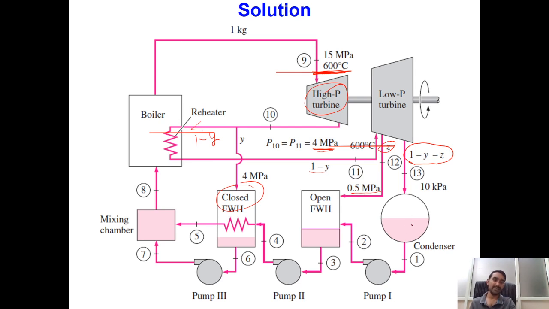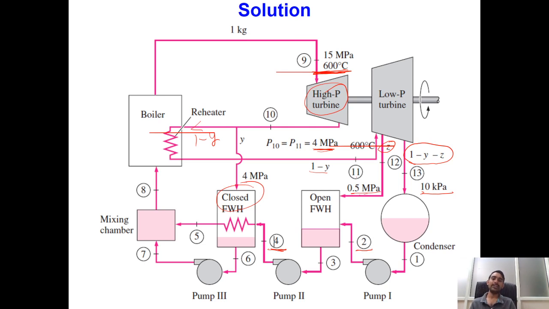Within the turbine till its exit, we have 1 minus Y minus Z fraction, which we have passed through a condenser, and the pressure inside the condenser is equal to 10 kilopascals, after which we have used a pump up to the intermediate pressure of 0.5 megapascals. Then we have allowed point 11 and point 2 to mix, and this has resulted in point number 3, whose pressure we have increased up to our boiler pressure. This point and the Y fraction we receive from the high pressure turbine, we have passed through a closed feed water heater, and this is our mixing chamber. So this is the whole process which we have plotted in the schematic representation.